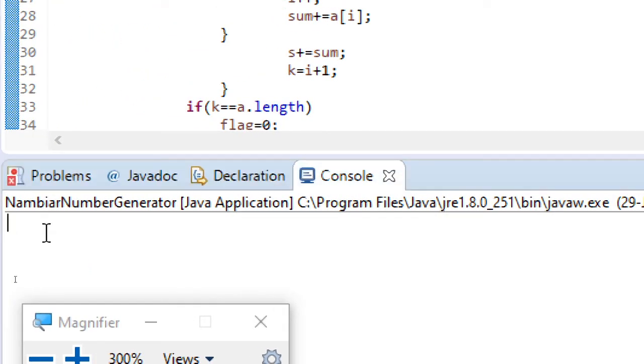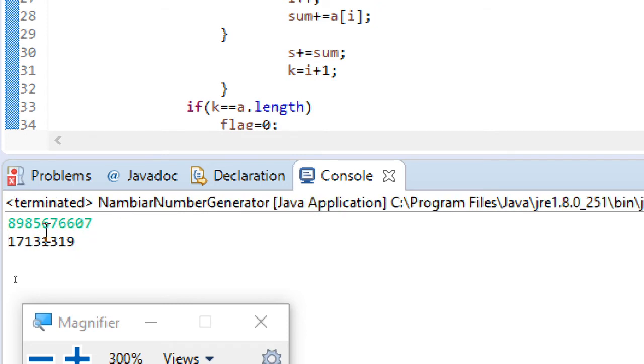Here I am just giving the last test case. Here is the result: 17131319. So it's concatenated, and this is what you have to return.